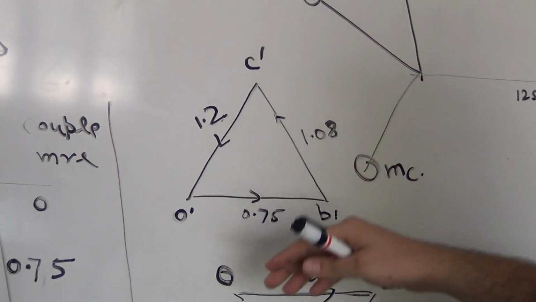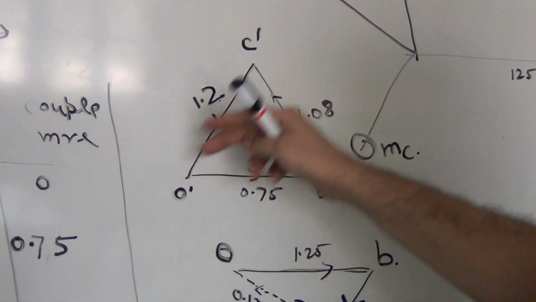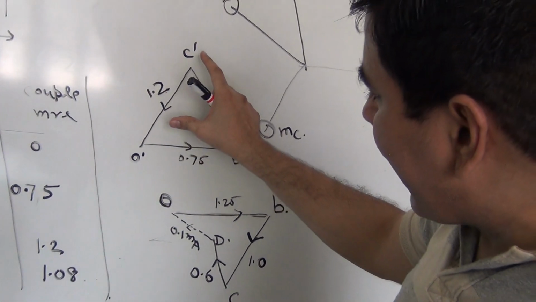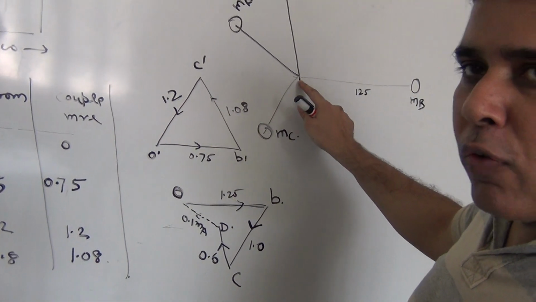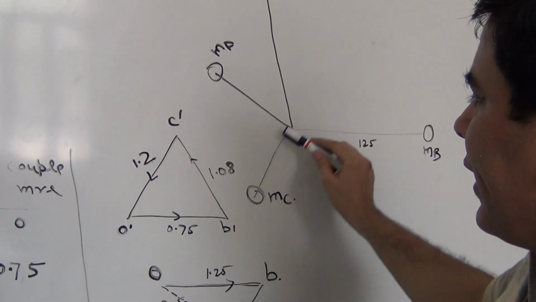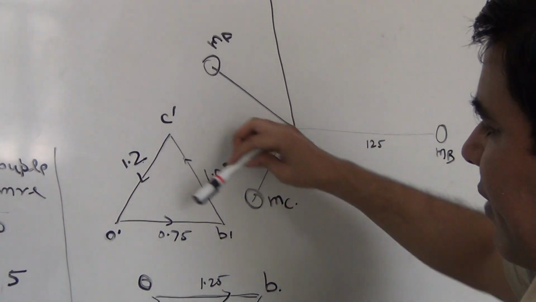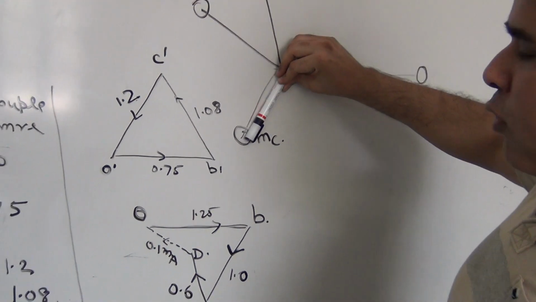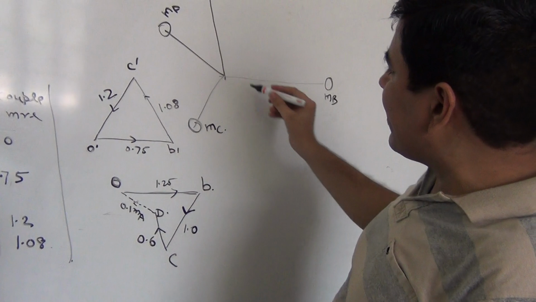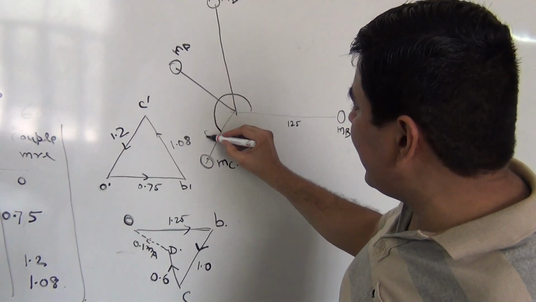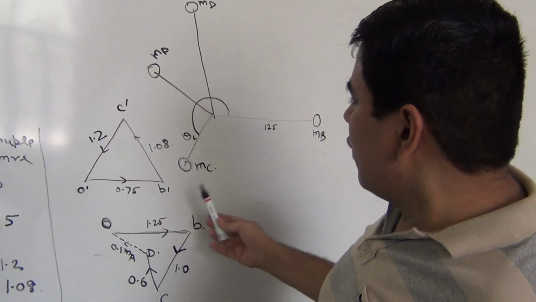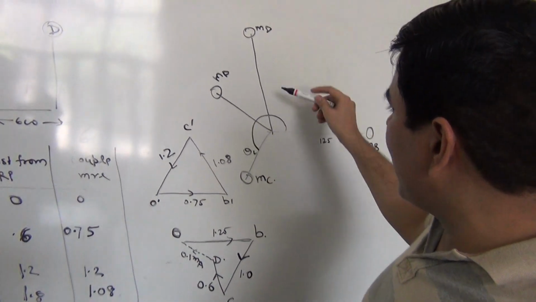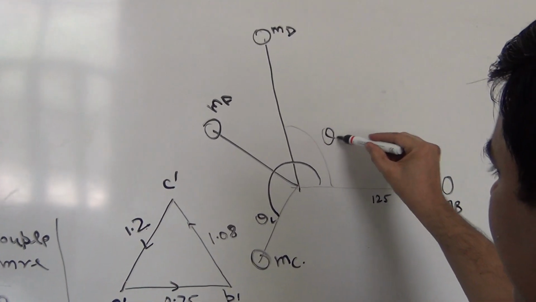From the couple diagram, take a line parallel to OC dash and draw it in the configuration diagram. So you will get the direction of mass C. This line, parallel to this, will give you the direction of the couple of mass C. You can measure the angle theta C. Clear? And you can draw B dash C dash parallel to this and find the angle theta D.